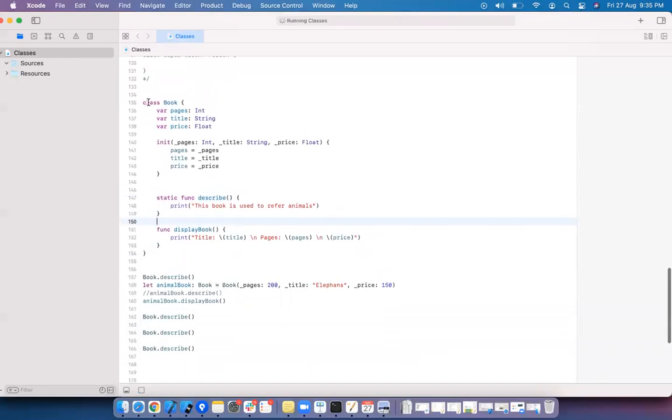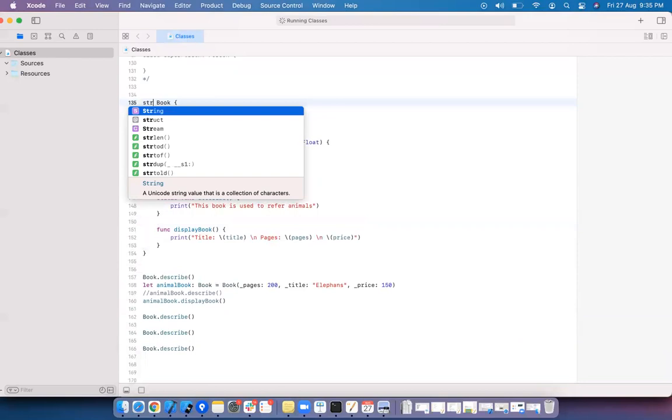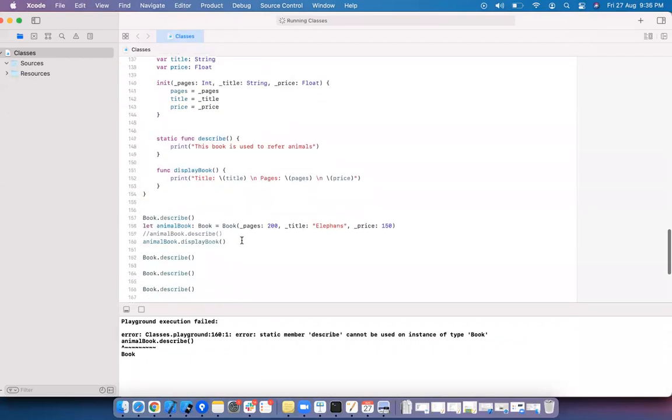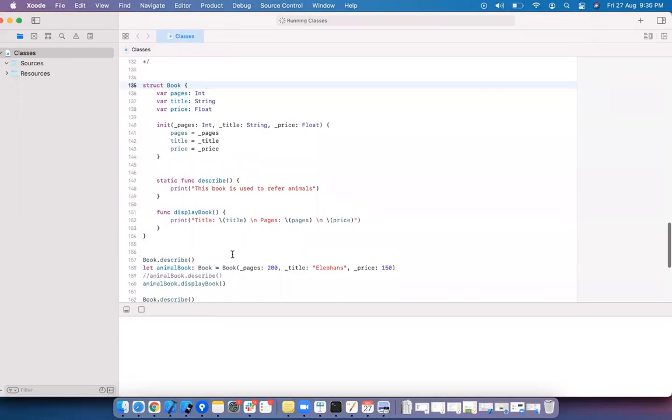Let me create a structure here. Structures are also similar to classes, right? But there are differences, and we have seen a couple of differences in the previous class.